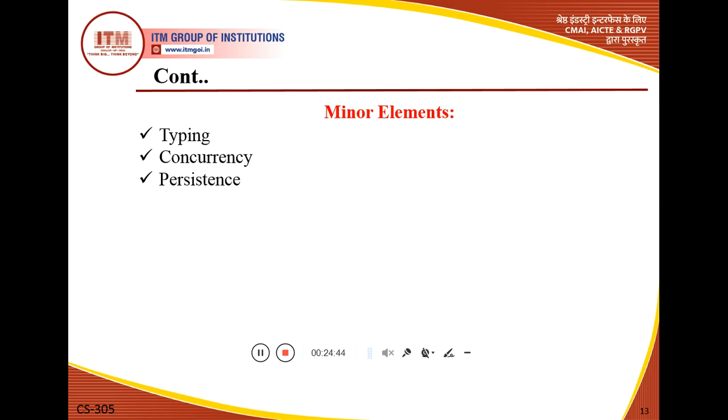It also covers functions like whether the object continues to exist after its creator is gone, and the location of the object, where it is moved from the address space in which it was created. So persistence is defined on the basis of the object oriented model. So these are the models in the form of major elements and minor elements.